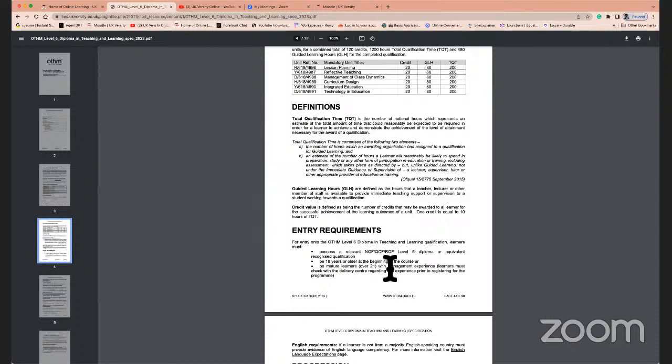And any such time that you have spent within them would be considered towards time that you're spending in reading this qualification. And that is why this concept has changed from guided learning hours, which is only classroom based, to a number of different types of activities and to total qualification time being spent. And that is the major shift which has happened in how qualifications now can be read, can be studied, and